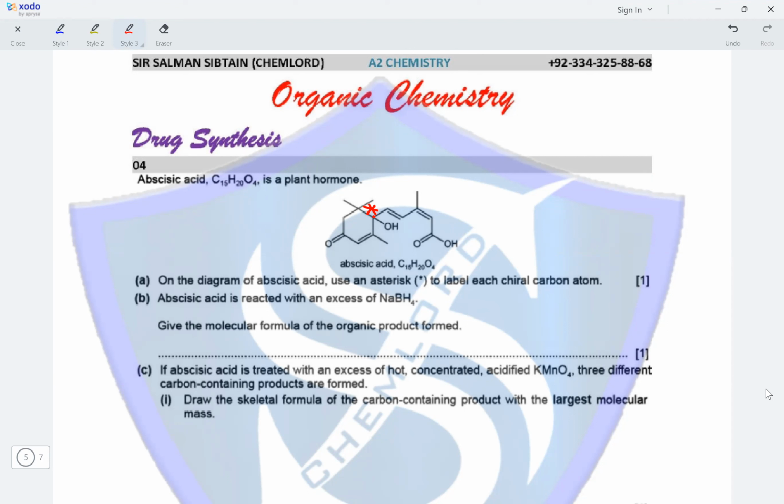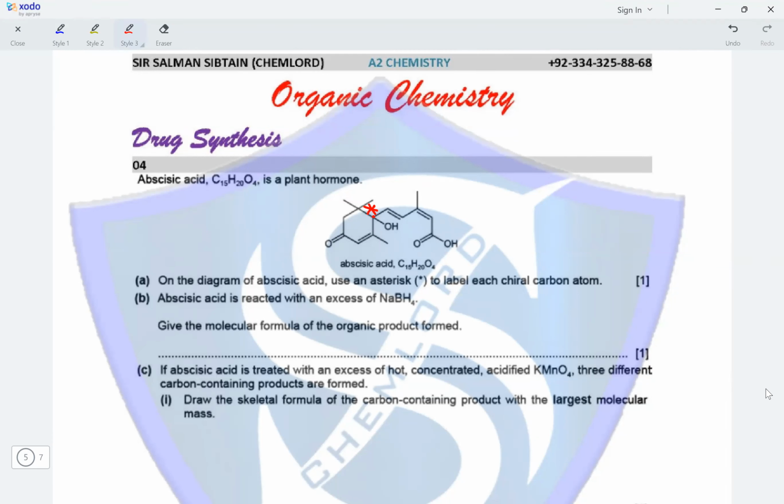Abscisic acid is reacted with an excess of NaBH4. NaBH4 is a mild reducing agent. Give the molecular formula of the organic product formed. So a mild reducing agent will have no effect on the COOH group, and it will have no effect on the tertiary alcohol group, the one that has been labeled with the asterisk, but it will reduce the ketone to a secondary alcohol, meaning the double bond O will be converted into single bond OH,